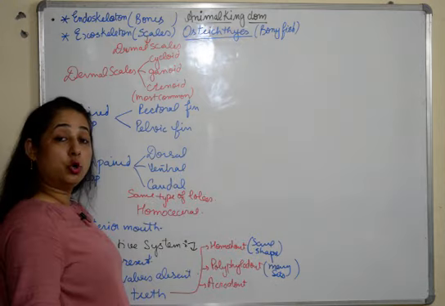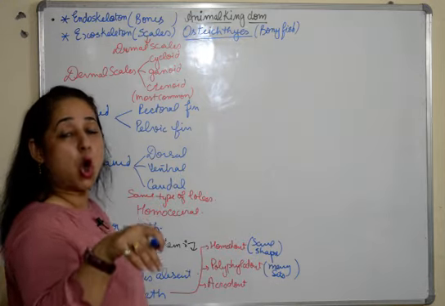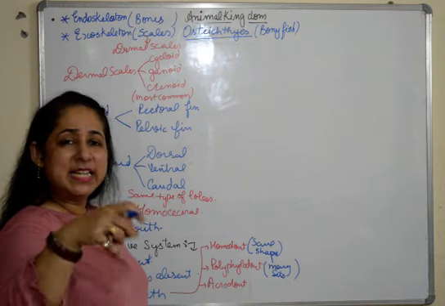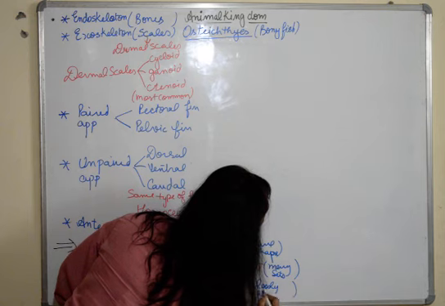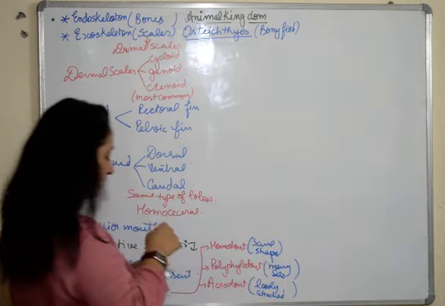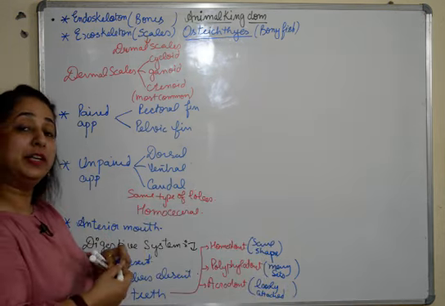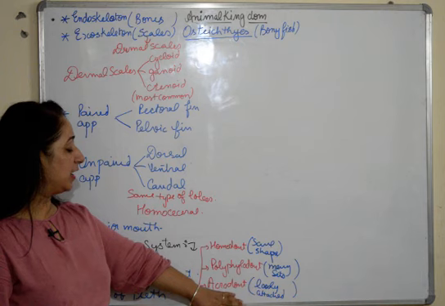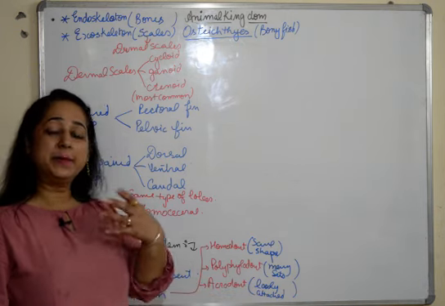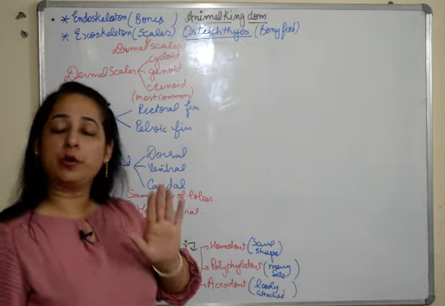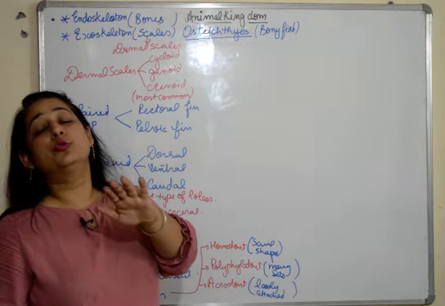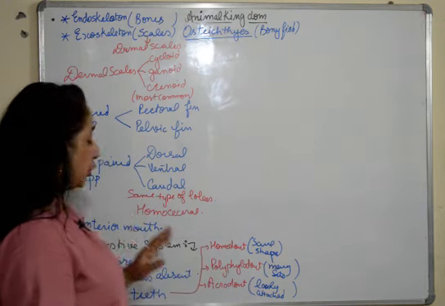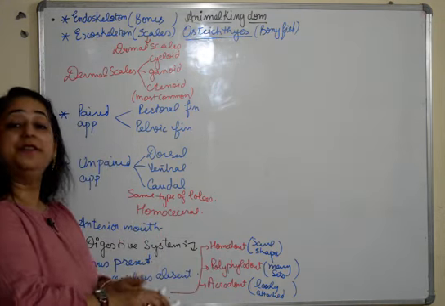And also acrodont, that means they are not fixed in the jaws. They are very loosely attached to the bones. Fine. So these are the very, very important features of the teeth of bony fish. That means the teeth are homodont, polyphyodont and acrodont. That means there are multiple sets of teeth, and these teeth are all of same type. Plus they are not that deeply rooted in the jaws, they are superficially placed on the bones. So these are the distinctive features about the digestive system.